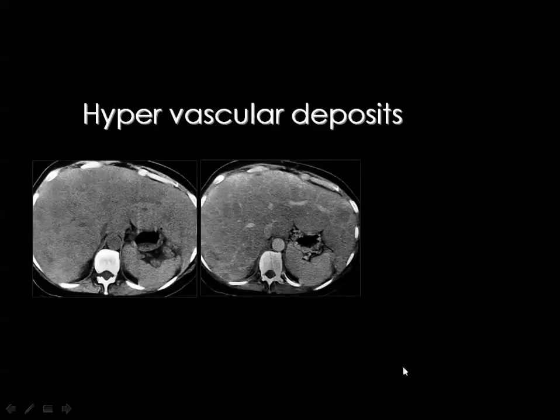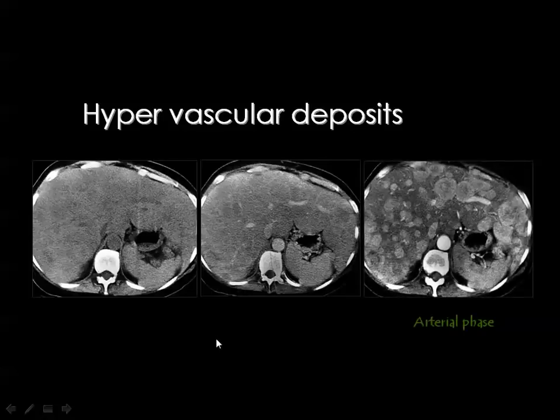Then look at this example where the liver is markedly enlarged. This is the pre-contrast scan, and this is the post-contrast scan. If you look carefully throughout this liver, you can hardly appreciate some of the focal lesions. But look at this image, which is also a post-contrast scan, and you can see many focal lesions scattered throughout the liver parenchyma. And the difference between this scan and this scan is that this scan is obtained while there